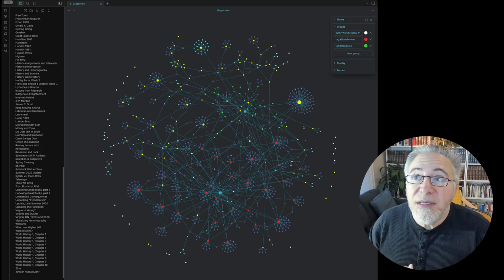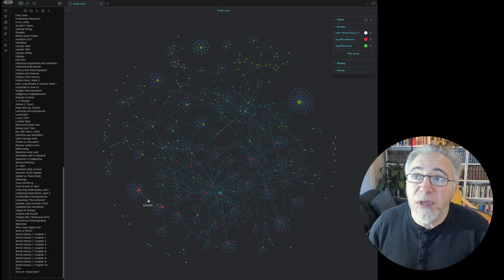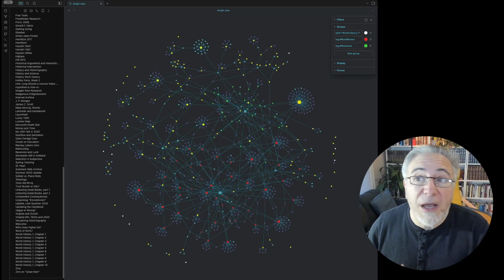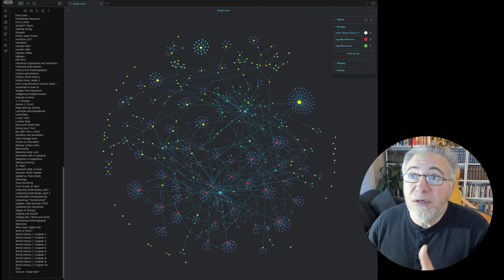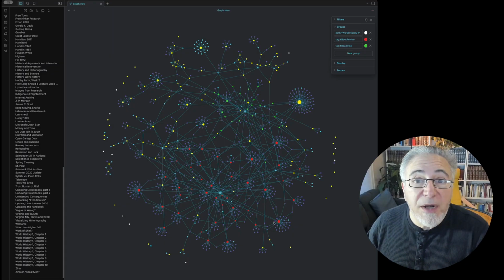In the meantime, these empty nodes kind of serve two purposes. They are a signal that a topic is important to me and has some work behind it already. And it's also a way of seeing which of these empty nodes are relatively important. Some of them, you'll notice, link to more than one node. And this is relevant. It not only provides a little bit of structure to the graph, pulling the nodes that it connects to closer together, but it also helps me to better understand how the ideas that I'm pursuing are